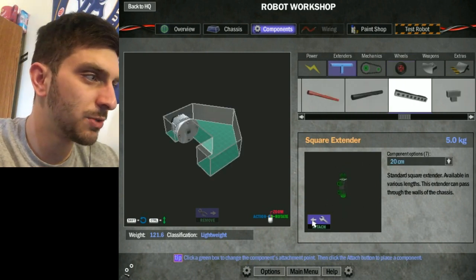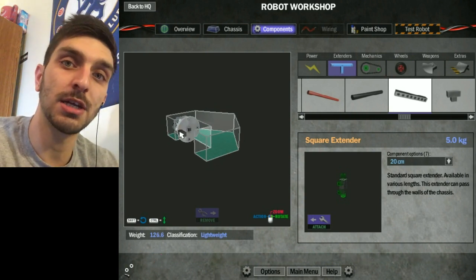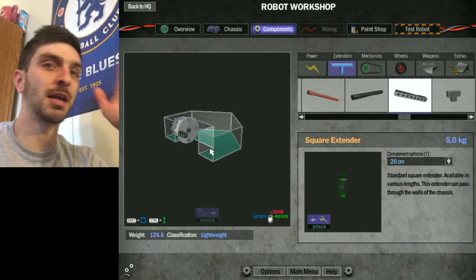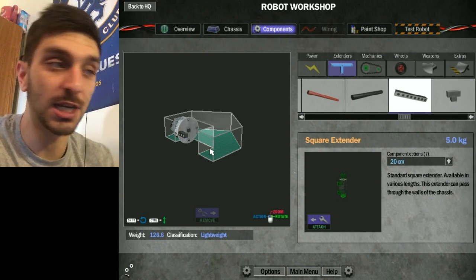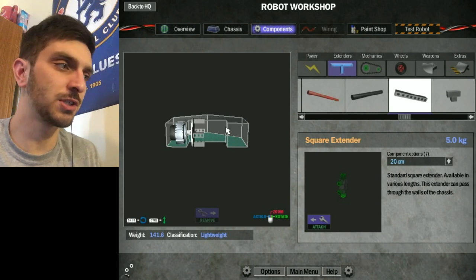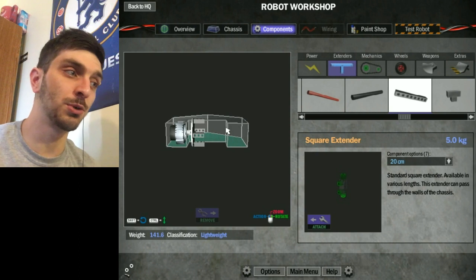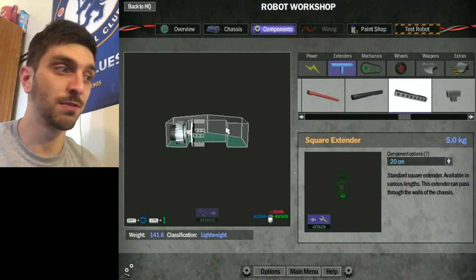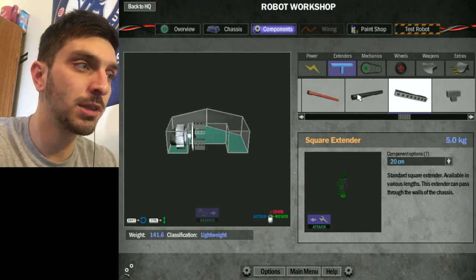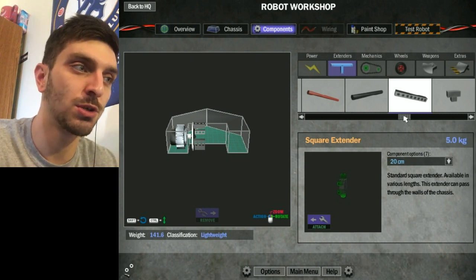So what you want to do is use extenders then off of the disc. I am using square extenders because they are simply easier to see in the main 4 directions, up, down, left, right, north, south, east, west. So then you can make this pretty much as long as you want it to stick out. You can have 20 centimeter extenders, multiples of those. You could have 40 and multiples of those. Basically what you're doing here with the extenders, it's probably better to have a couple 20s as opposed to 140,